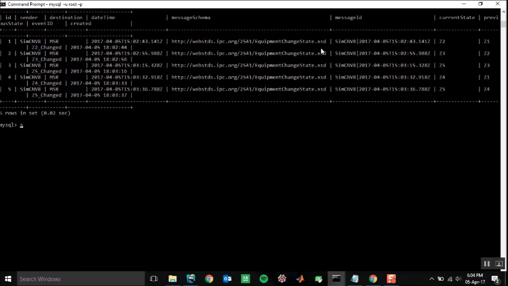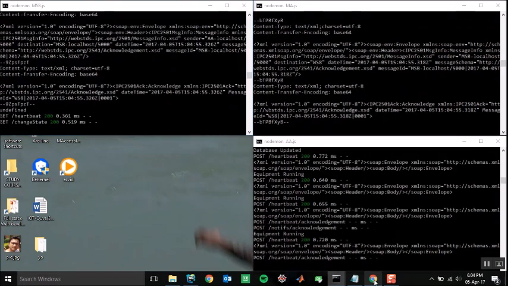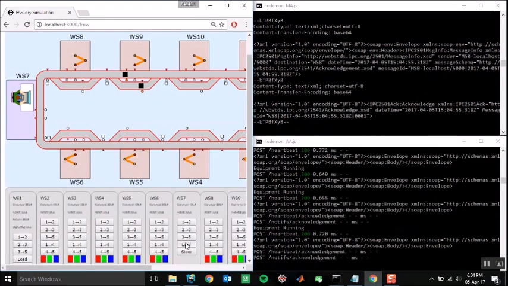It is based on equipment changed XSD, and we can see that Z1 Z2 is the event, then previous state was Z2, and the current state is Z3. So these are all showing the events. So in general, in all, we created 5 events, and we are getting these 5 events here. And as such, the last data of the database will show us the current state of the palette. And if we now go again and store another palette,